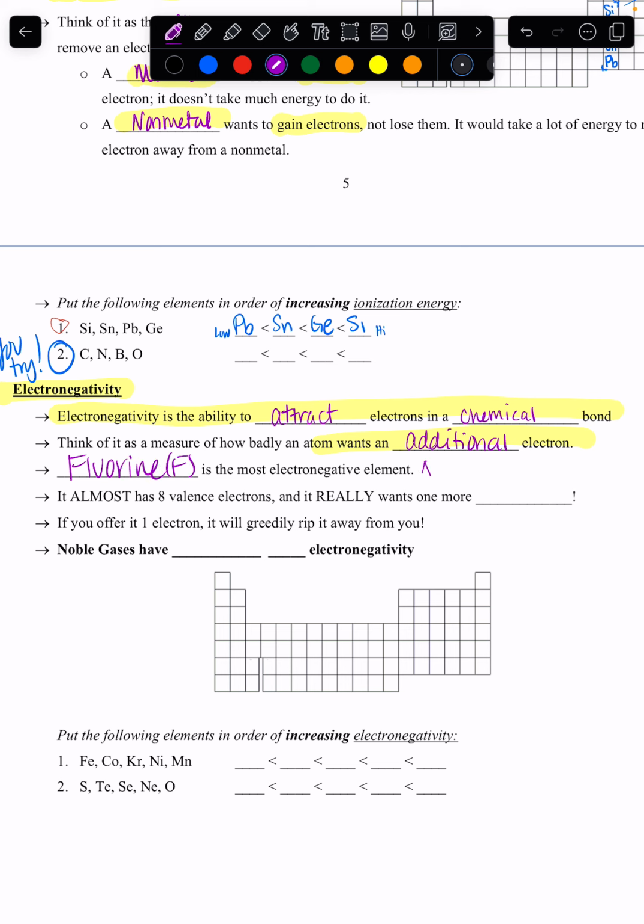So it's going to be a violent reaction whenever it bonds with something. It almost has 8 valence electrons, and it really wants 1 more electron. So if you offer up that 1 electron, it will greedily rip it away from you. Okay, your noble gases have virtually no electronegativity. That's because they already have 8 valence electrons. So they